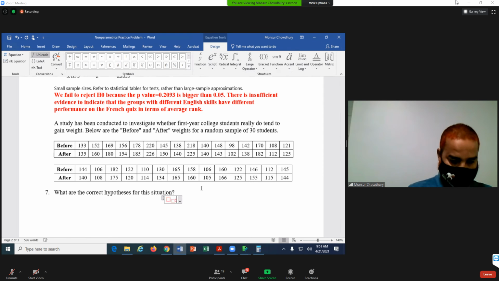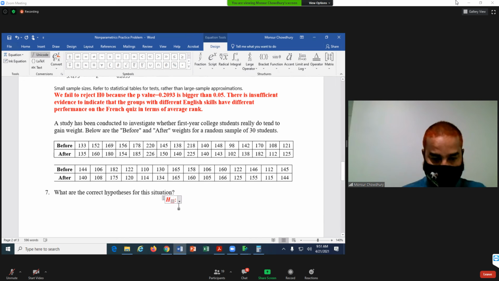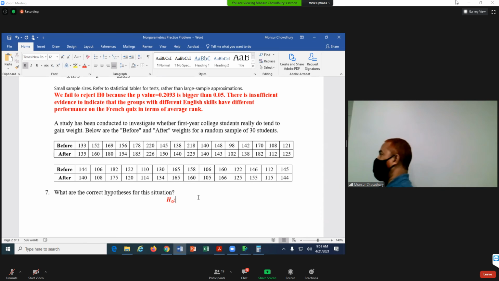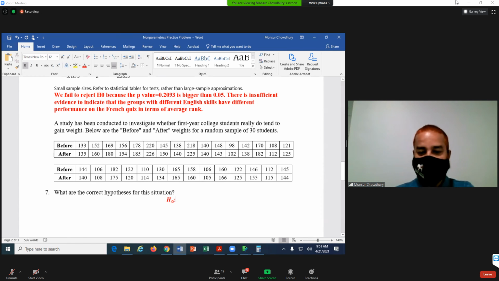H0. We use the median. Why? Because this is a dependent sample, and it's clear because we are measuring the same students, one before and after. So this is a paired or matched pairs design, so we consider the median. So what is the hypothesis we have seen?